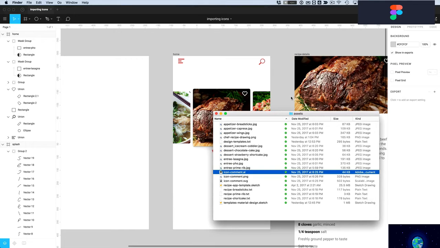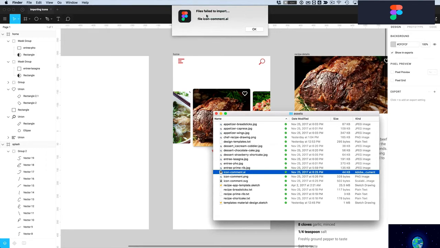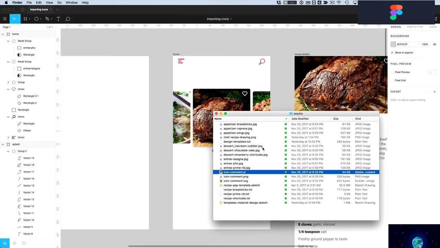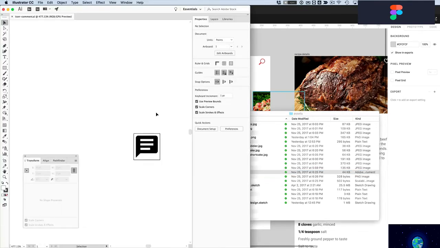Now we have this icon in 3 different formats. We have Adobe Illustrator, PNG, and SVG. Now, unfortunately right now, if I try to drag and drop this Adobe Illustrator file in here, you can see that this failed to import. So Figma doesn't recognize the Adobe Illustrator file completely, but if I double click and open this Adobe Illustrator file,